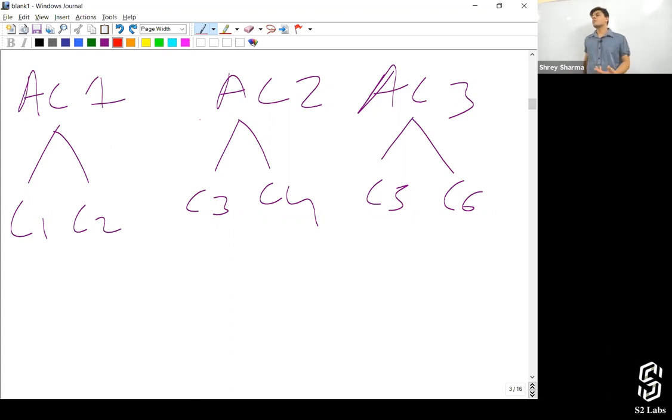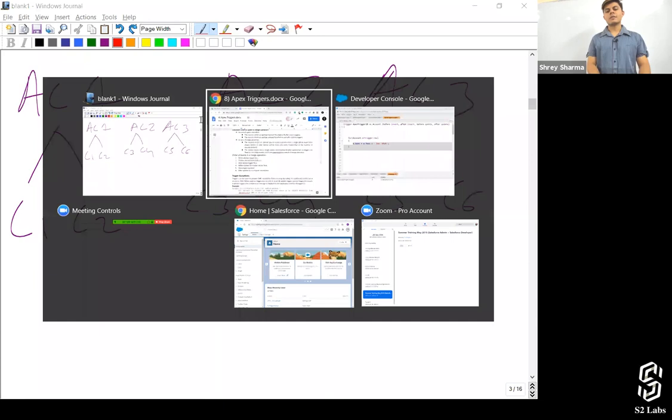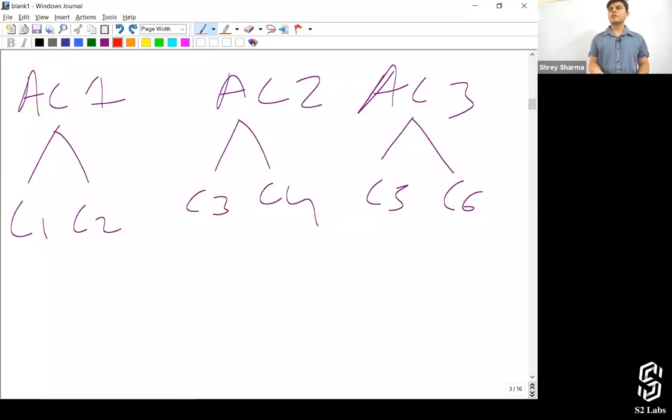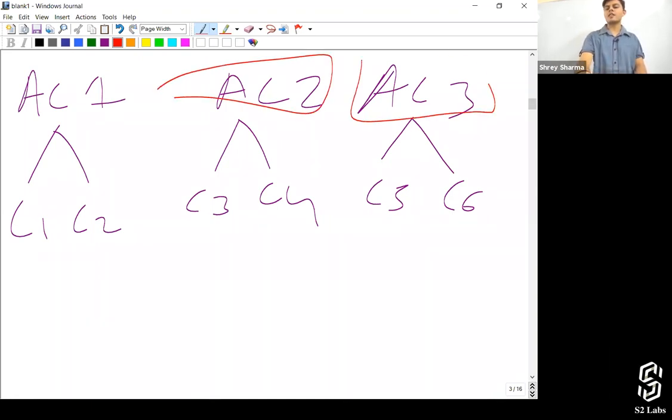We are calling the merge operation, right? Okay, it will be called only once. The reason is because you can update or delete more than one record at a single time, right? So in the trigger.new, you're going to get both of these records. But what people think is for AC2, delete will be fired. For AC3, delete will be fired. So delete trigger will be fired two times.